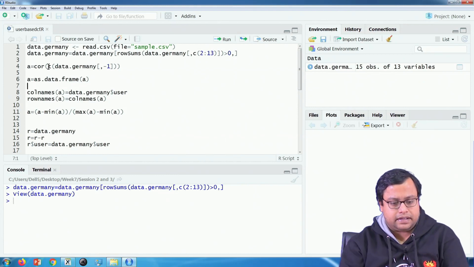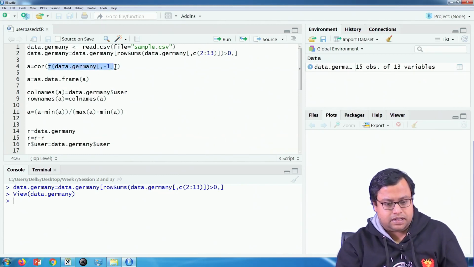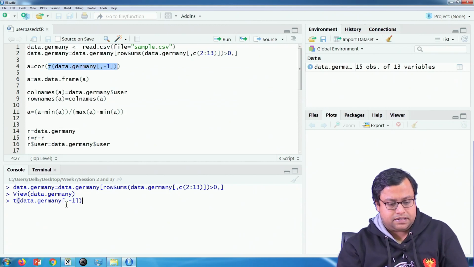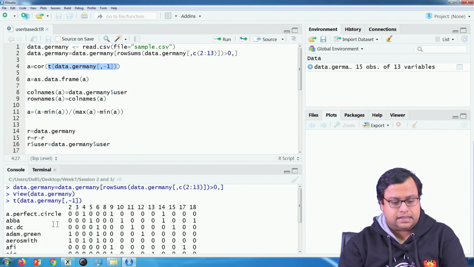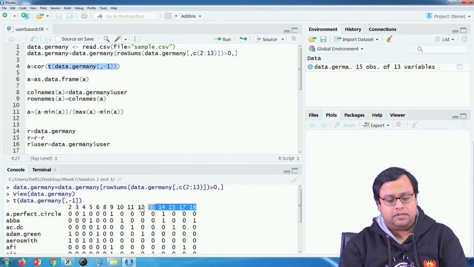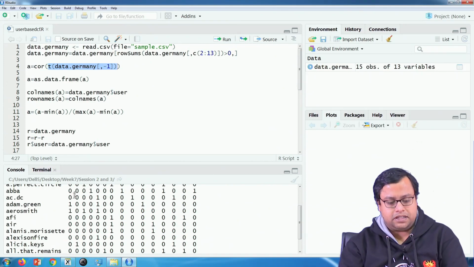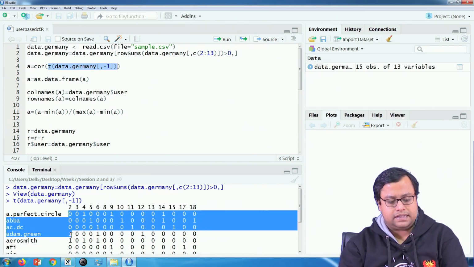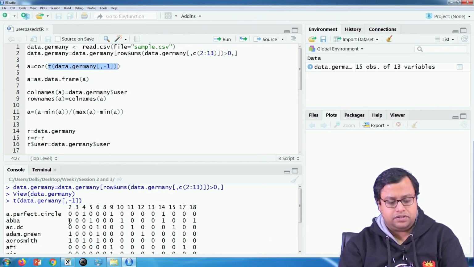So, that looks like this if I just copy and paste it here. The movie names came here as columns, and these are the customers and their purchase behavior, the third person's purchase behavior, and so on. So, for this and this, 0 0 1 1 0 0 0 1 1 0 and so on, and then 0 0 0 0 0 0 and so on for the third person. If I take a correlation between them, that will give me the similarity between these people.